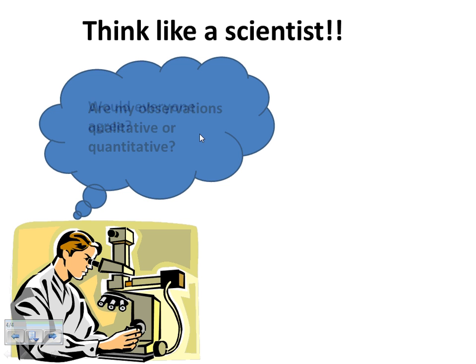And then we have to think of it in terms of breaking our observations down into qualitative or quantitative. Can we assign numbers to our observation, or is it simply something that we are seeing with our senses? And after we've made our observations, we have to remember that scientists try to describe or explain what made it happen that way. That's what scientists do. Not only do they observe the patterns, they try to come up with an explanation of what made it happen that way, or how it works.